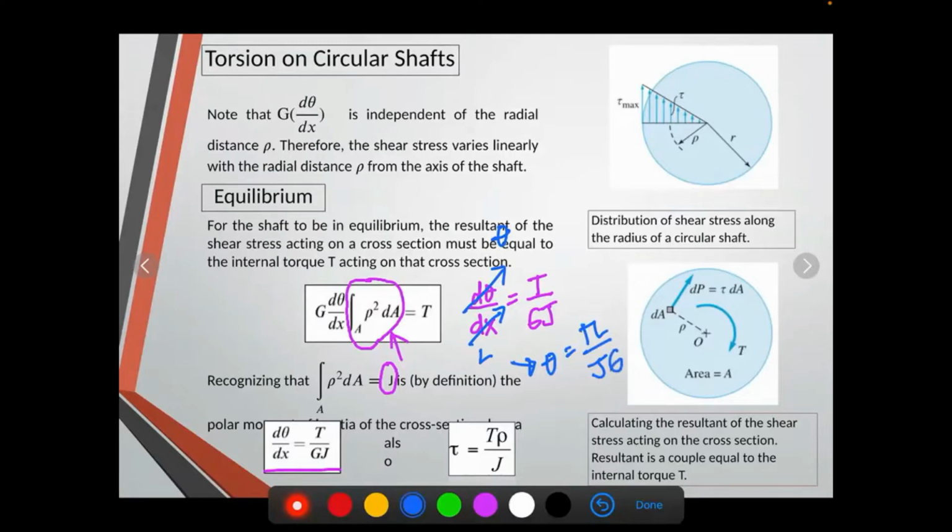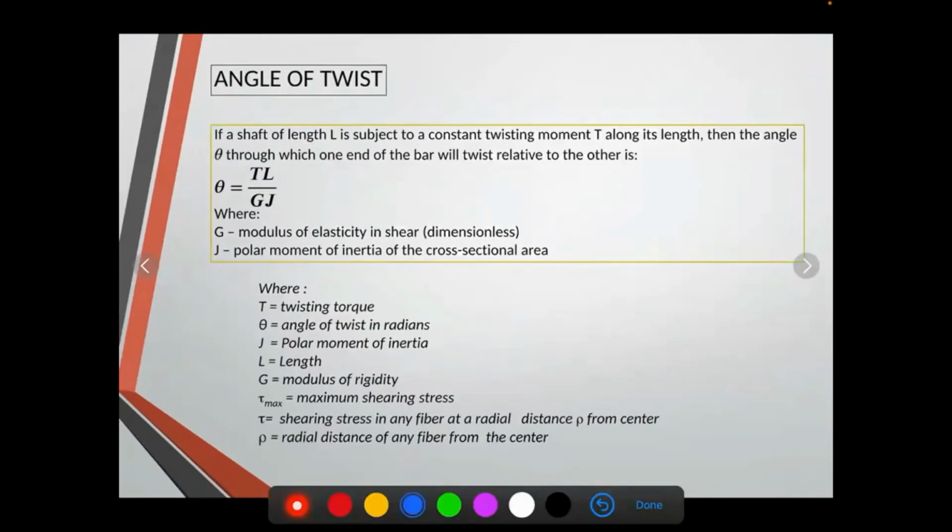And then, another equation naman for your shear is T times rho over your J. So, I have here the angle of twist. So, this was derived earlier. So, ito yung